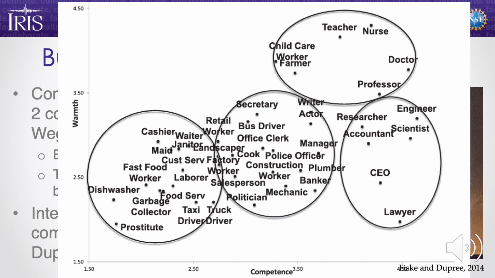These are teachers, nurses, doctors, child care workers, farmers. What are the feelings those jobs inspire in you? Probably warm, happy feelings, right? These are the people we trust. Well, scientists and researchers are down in a different quadrant. We're ranked there with accountants and CEOs and lawyers. People think that we need to be really competent to be good at what we do, but they don't really trust our intentions. So we have a lot of work there, and I would argue that social media will allow us to improve the public's conception and improve the trust of the public in scientists and researchers.